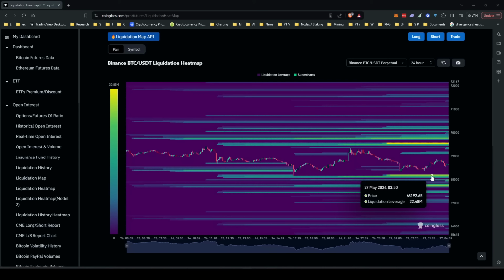Now, the heat map shows orders that have not been filled yet. These are buy orders and sell orders. Depending on the amount of orders, they could potentially drive the price up or down. It is also important to know that these orders can be canceled at any time. And the whales know that retail buyers and sellers, and we are the retail buyers and sellers, have access to this type of information, and they could easily set orders and cancel them at the last moment to trick us. So just because you see sell orders here or buy orders here, that does not mean that when the price goes here, it's going to stop. Or if the price comes down here, it's going to stop.